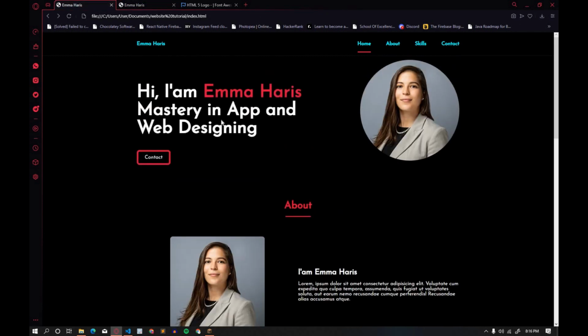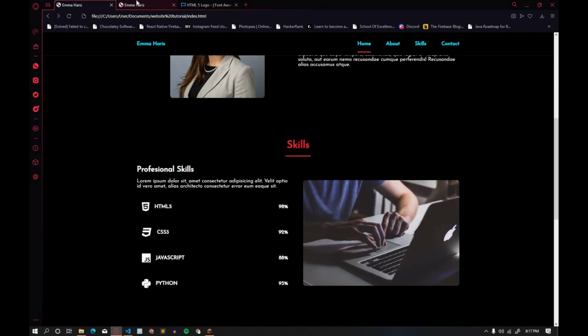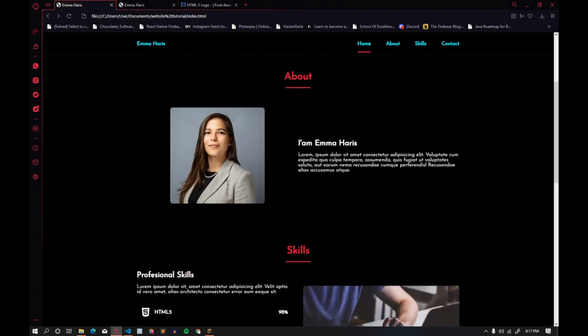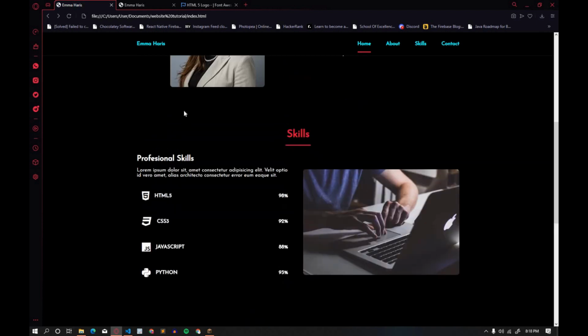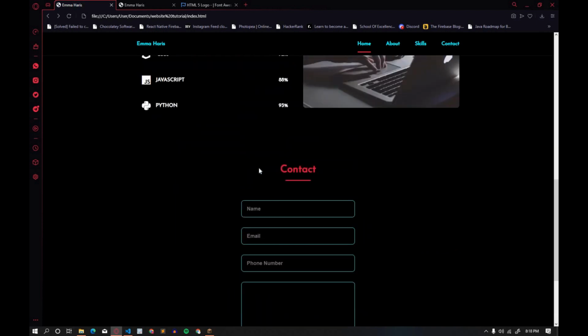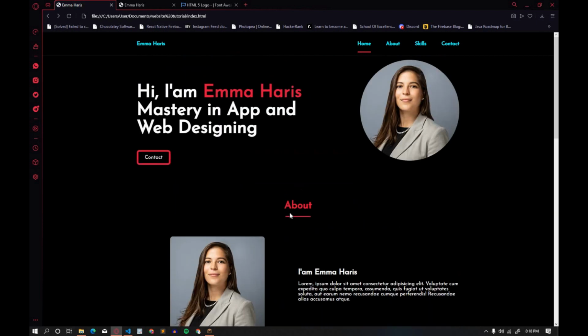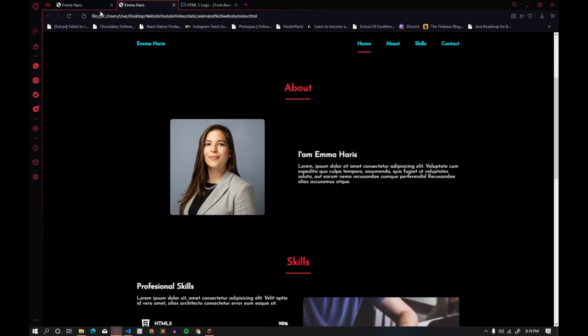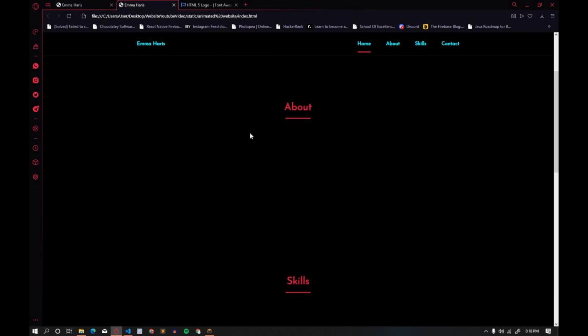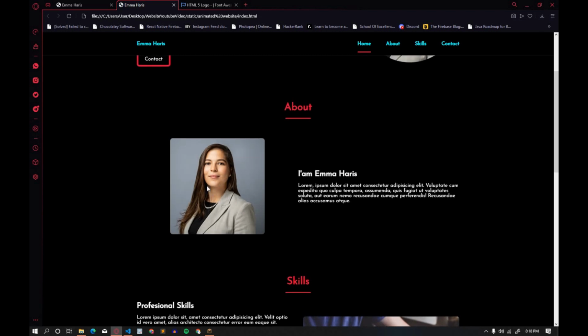You can see it's same to same. Here you can see the contact button same to same. Here you can see the Emma Harris, the nav bar same to same. Here you can see same to same as our final result. Here you can see the about section as it is. Here you can see the skills section. Here you can see the contact section. It's same to same. But here you can see the animation, but we have to do this animation